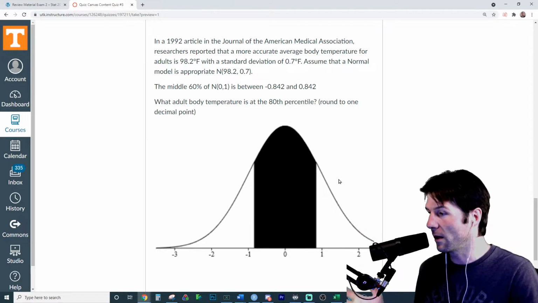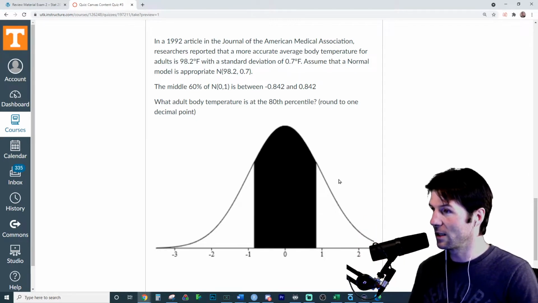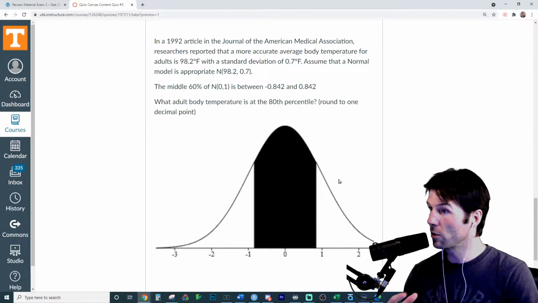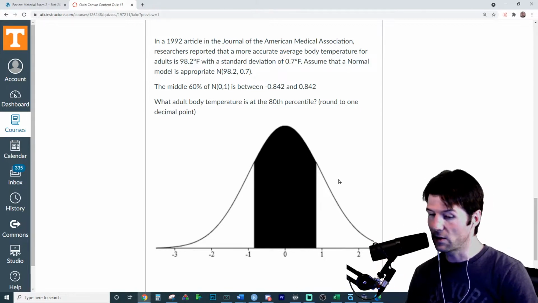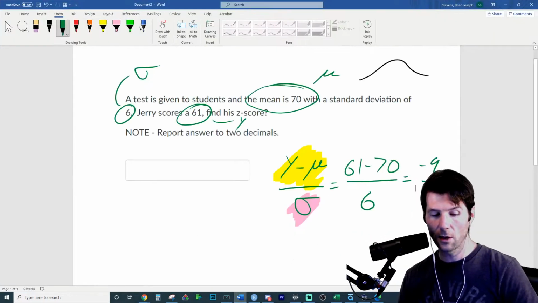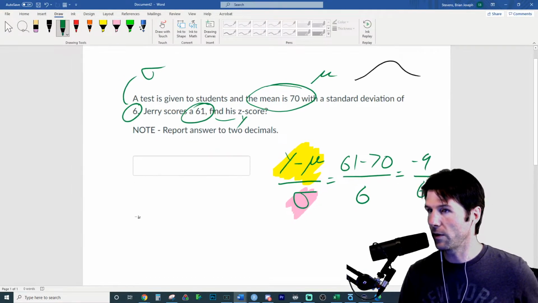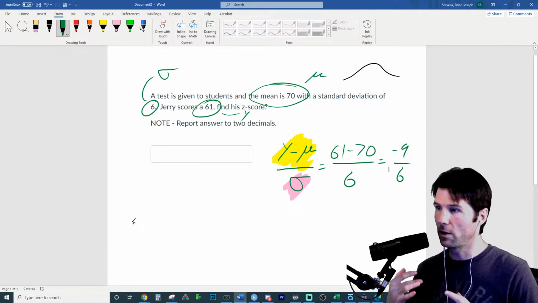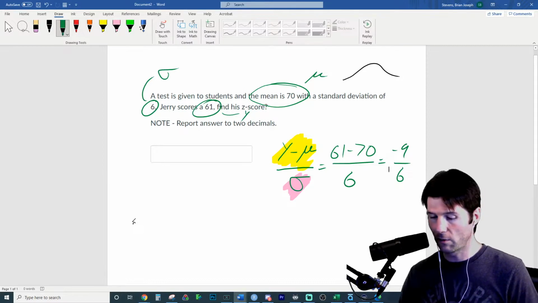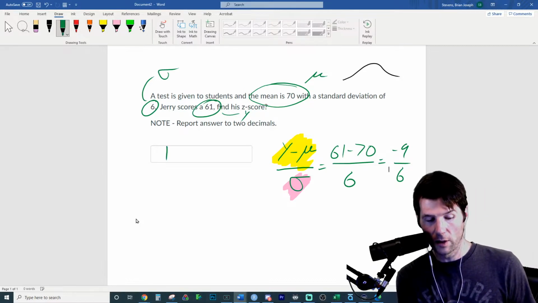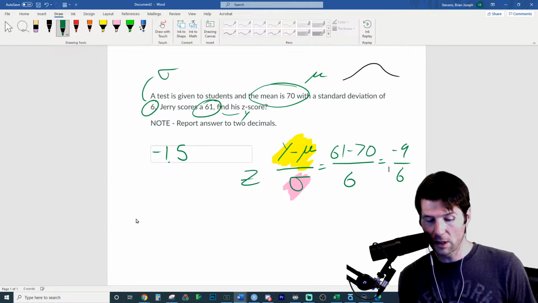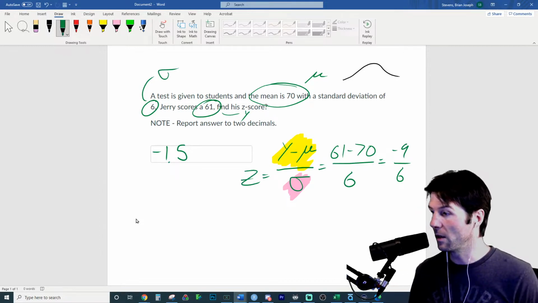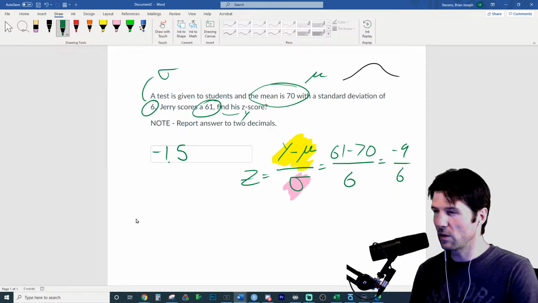So here's the pro and the con. If you're doing the Canvas content and you're acing them and you're like, hey, this is easy, and you're not using your notes, which you can use on Canvas content, not on the test. If you're doing the Canvas content and acing them, like this example I just did, you're like, okay, I got it. I know how to find the mean, the standard deviation. I know that the z-score is the observation minus the mean over the standard deviation. And I know the z-score here is going to be -1.5. Now that's a key. Z-score tells you if something is above or below the mean. So if you were able to follow through and do this like that,